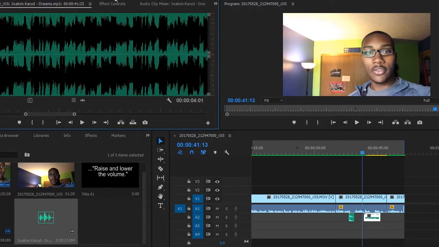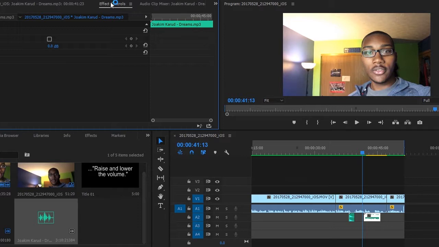Okay, there's a bunch of ways to do this. Well, there's 2 ways I can think of. There's probably more ways, but the first way is to do it through editing, the editing section right here under Effect Controls. And you could do it through the volume, like this volume level right here, and you can change it. You can go this way or whatever,